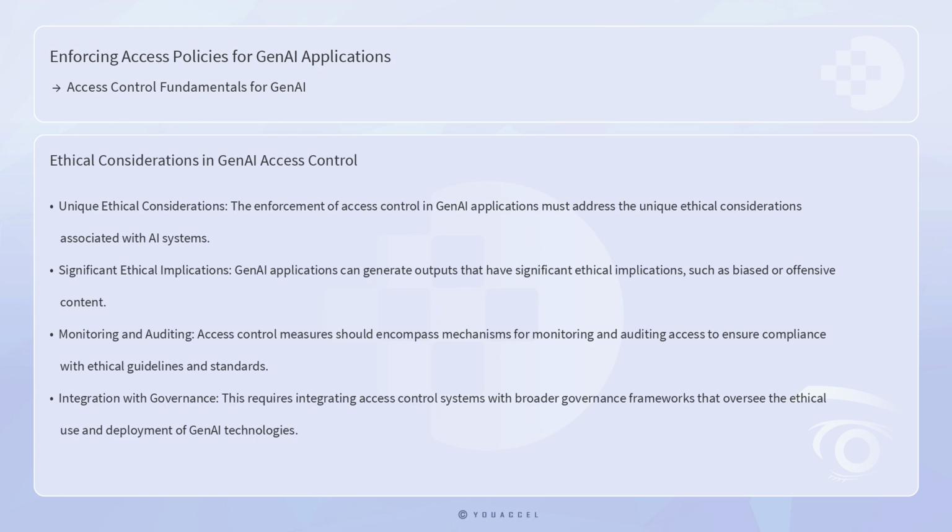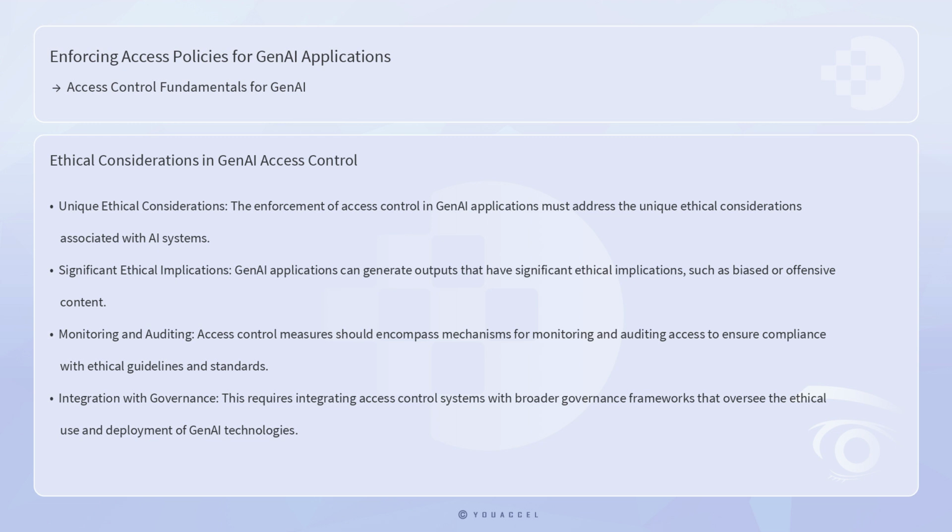Moreover, the enforcement of access control in GenAI applications must address the unique ethical considerations associated with AI systems. GenAI applications can generate outputs that have significant ethical implications, such as biased or offensive content. Therefore, access control measures should also encompass mechanisms for monitoring and auditing access to ensure compliance with ethical guidelines and standards. This requires integrating access control systems with broader governance frameworks that oversee the ethical use and deployment of GenAI